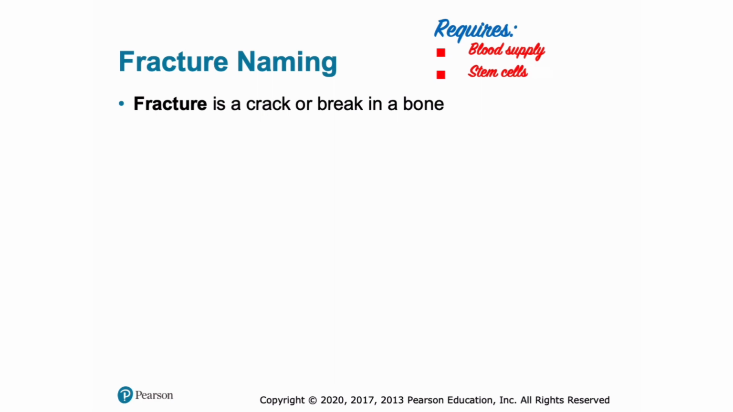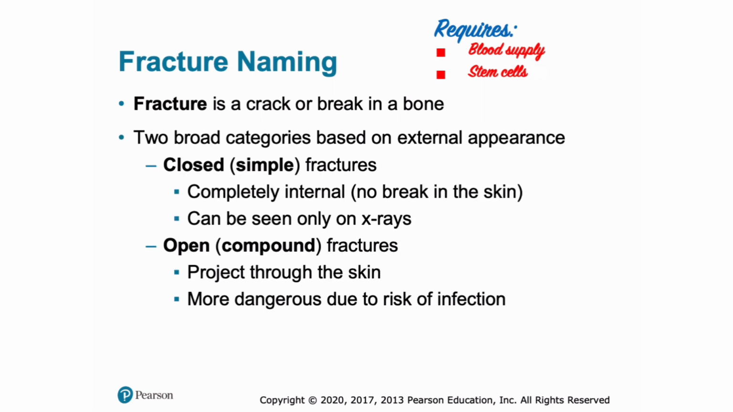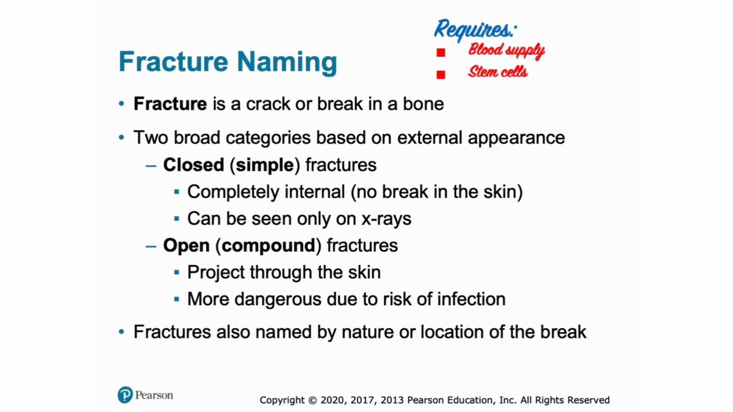Despite bone's ability to repair, these repairs can take time, anywhere from 4 months to over a year. There are two broad categories of fractures based on external appearance. A fracture that does not show itself, that is contained within the body, is called a closed or simple fracture. It's completely internal, no break in the skin, and it can be seen only on x-rays. Whereas an open or compound fracture projects through the skin, much more dangerous due to the risk of infection and loss of blood. We name fractures by the nature of the fracture, closed or open, simple or compound, and the location